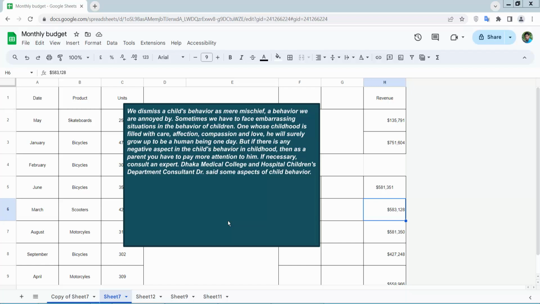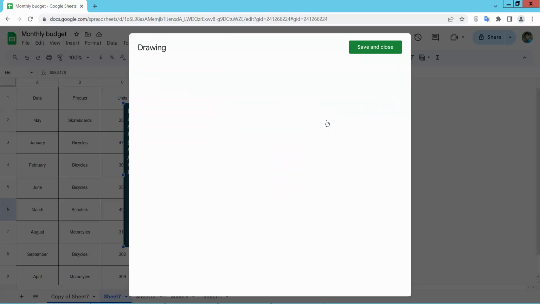Hello everyone, today I'll show you how to center or center align text in a text box in Google Spreadsheet. Open your Google Spreadsheet. Now click on this text box and click this three dot option. Now select edit